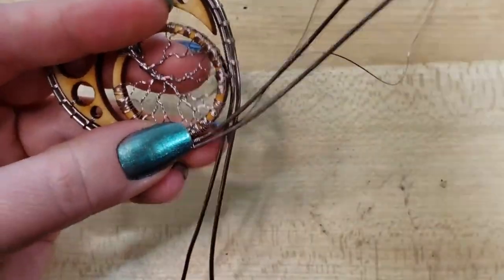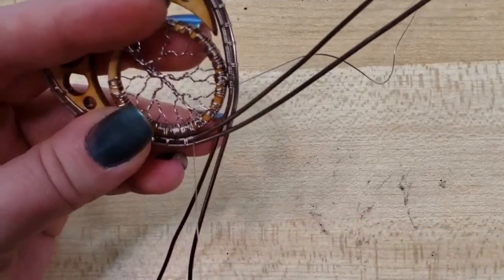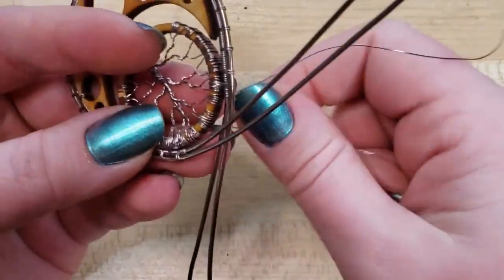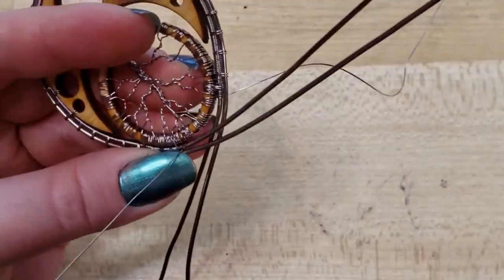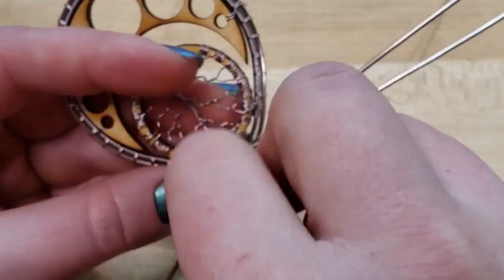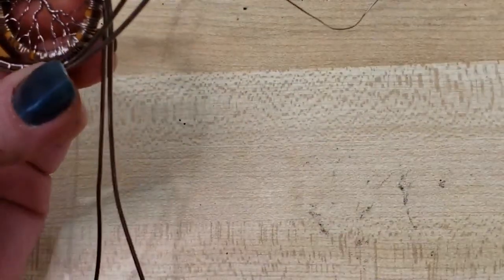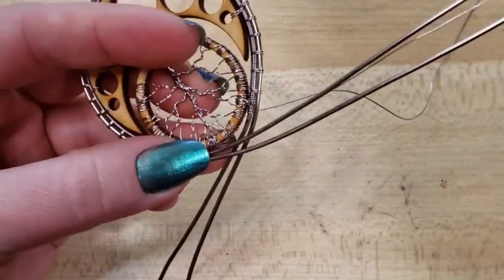Bringing it up, coming around. Ooh, where do I want to feed this one through at? I think in between those two branches will be just fine. And coming on up and through, feeding through there. Feeding up and through. Yeah, okay. So we're going to go